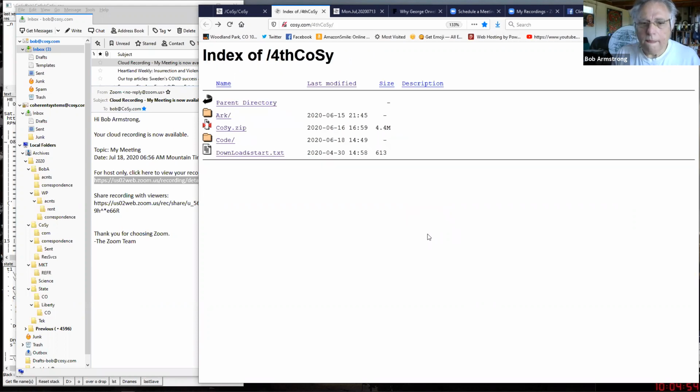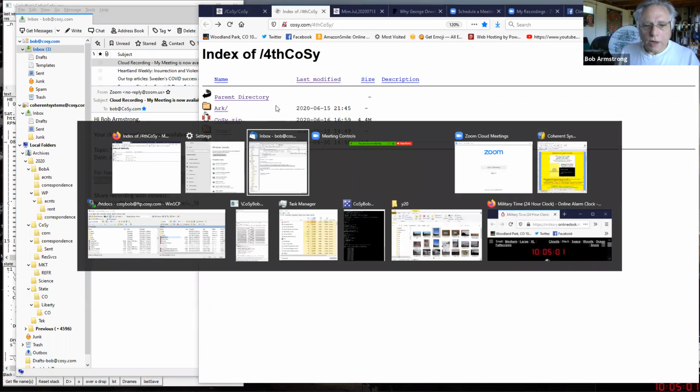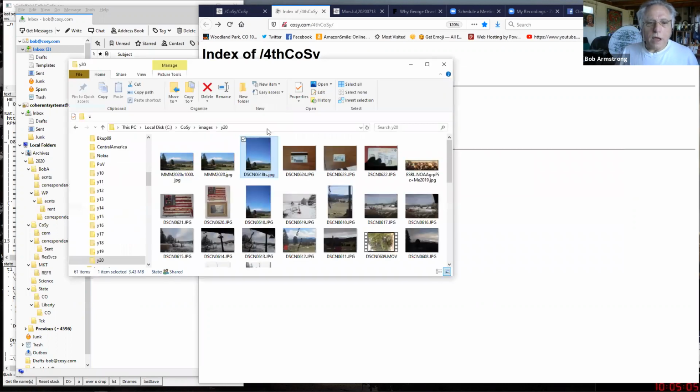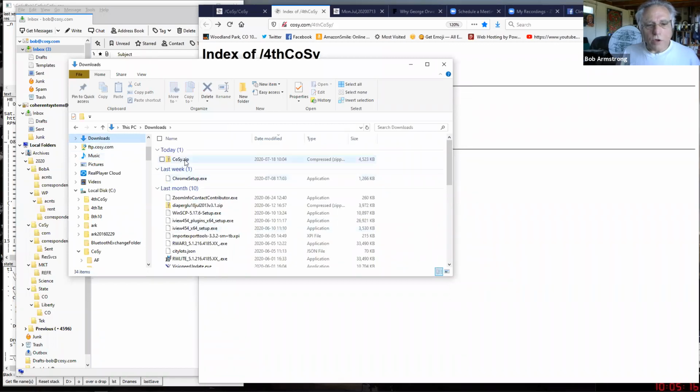And so let me come over. I have this open to a bunch of my pictures and so forth, but let me come to downloads. And I have the CoSy zip, and I'll